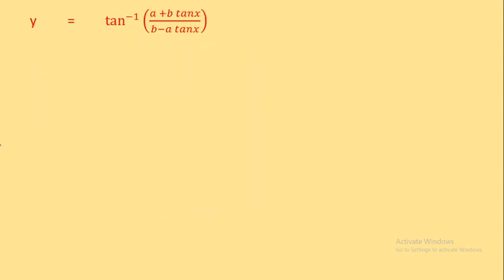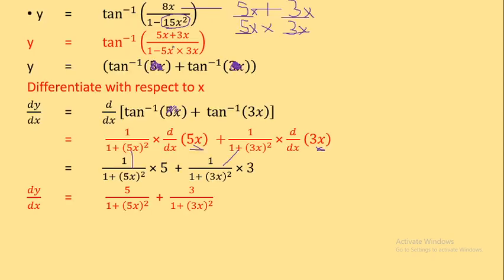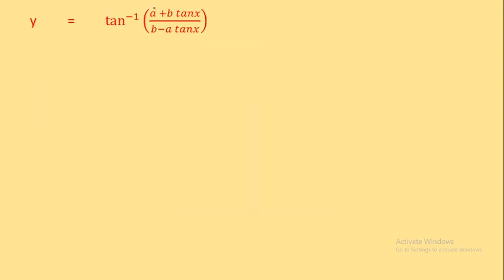Here is one more example of the same type. y is equal to tan inverse a plus b tan x upon b minus a tan x. See, in previous case 1 was ready here, 1 इकडे ऑलरेडी होतं, त्याच्यामुळे ते काम आपलं वाचलं होतं. Okay, पण ह्या आता जर if you'll see here, the 1 is not there here, so the first step is to make this b as 1. असं काय डायरेक्टली मी b ला 1 नाही बनवू शकत. So what is the thing what I have to do?